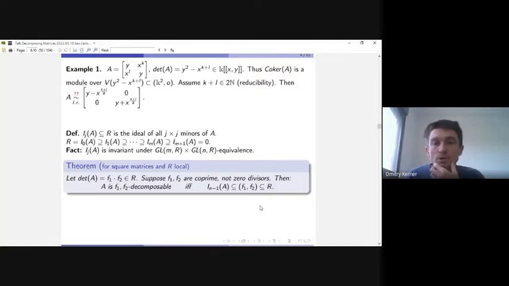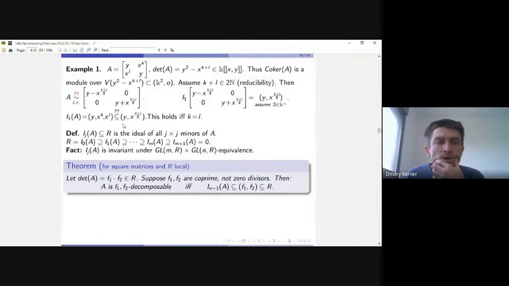So let's see how it works in this particular case. Let's compute the ideal of almost maximal minors. It is just I_1, generated by the entries of the matrix, so just these two elements, and of course it can be presented in this way. Here I assume that the number 2 is invertible in our base field. So this is the ideal I_1, and now we should check that this ideal sits inside the ideal generated by